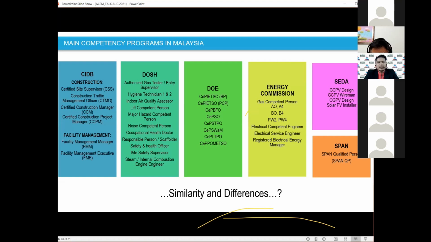So there is a difference in the way they assess. For example, SEDA, we have assessment for about a 1 week program, and the cost of the SEDA competent person, if I can share with you, is about 7,000 to 9,000 ringgit for 5 days. Or 10 days. 5 to 10 days, depending on what program you are enrolling. I've sent 2 of our engineers to the program. We have been charged about 9,000 ringgit each. But we have our HRDF levy so we are paying through our levy.